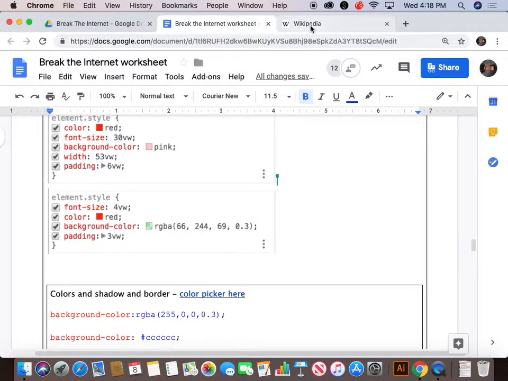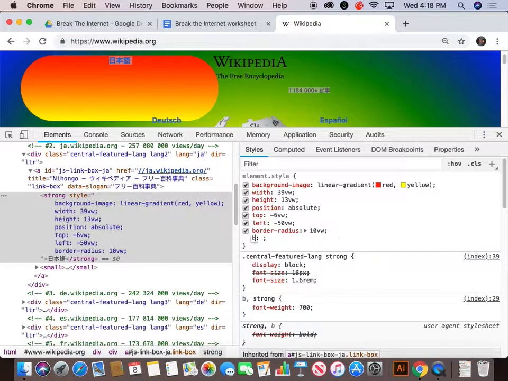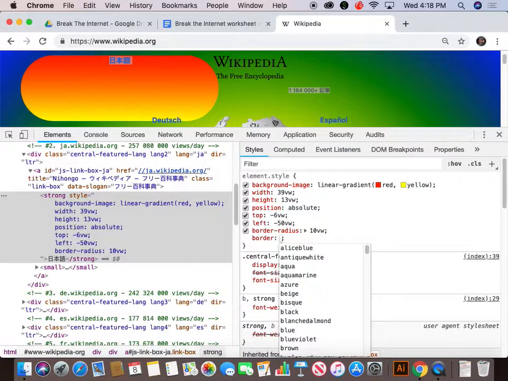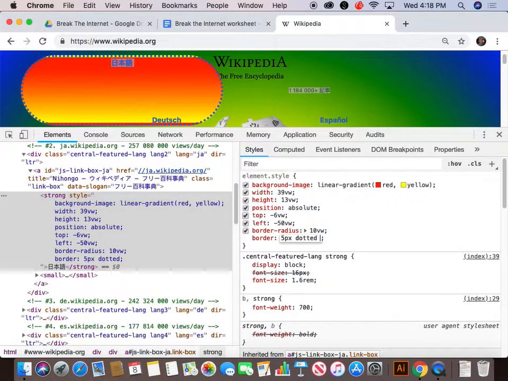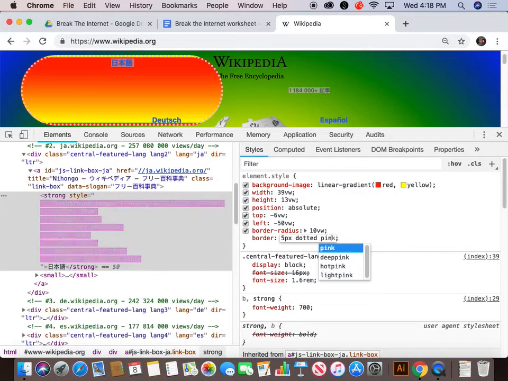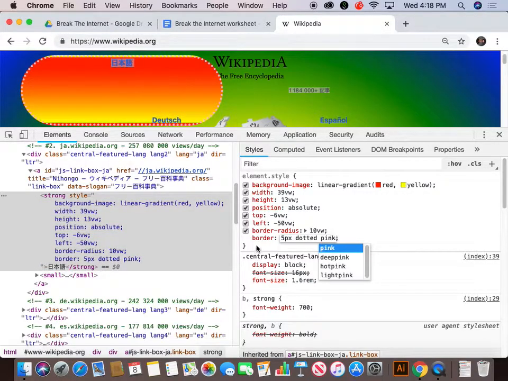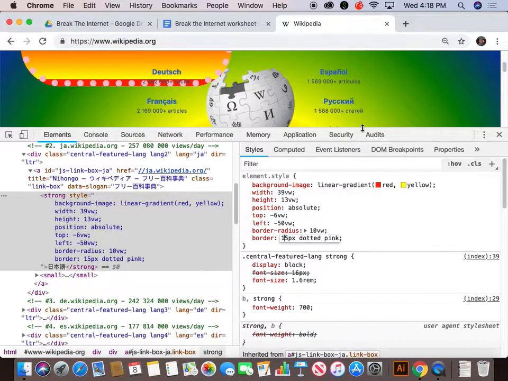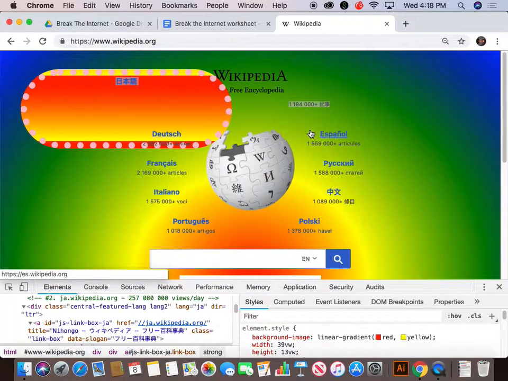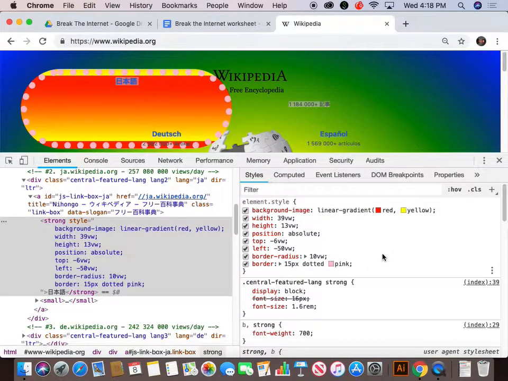But before I do that, I'll show you how you can do this. So we're going to do just a border. And I'll say I want it to be 5 pixels thick. I want it to be dotted. And I want it to be pink. And maybe I want it to be a little thicker. Look how cute, y'all. Okay, and so I'll bring this back up, but before I do that, I do want to show you where